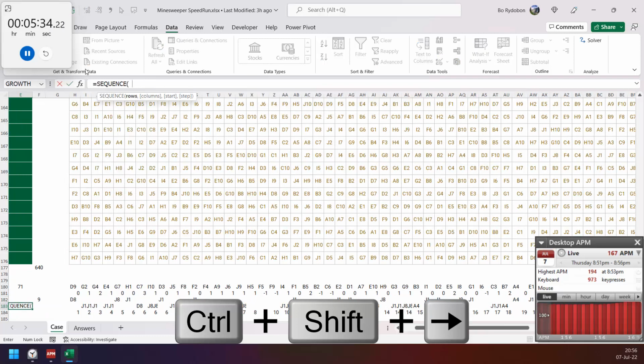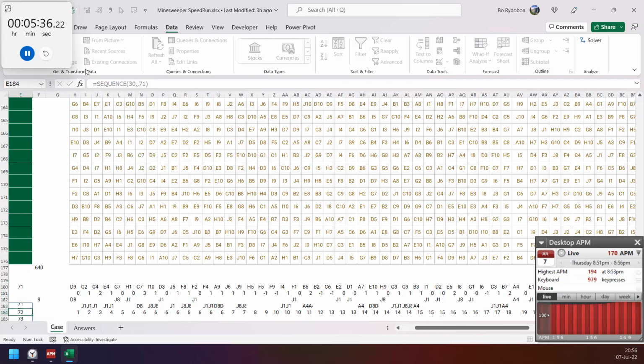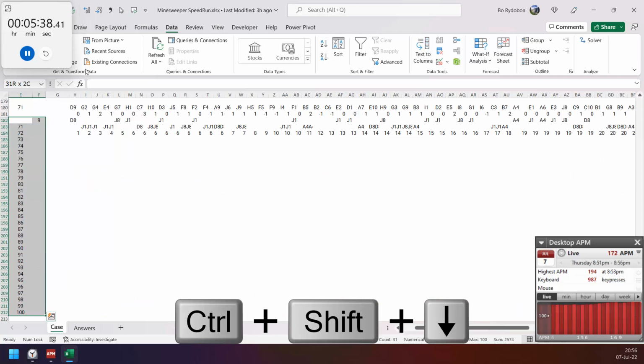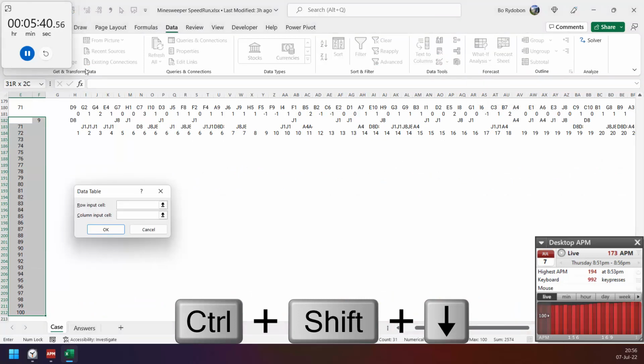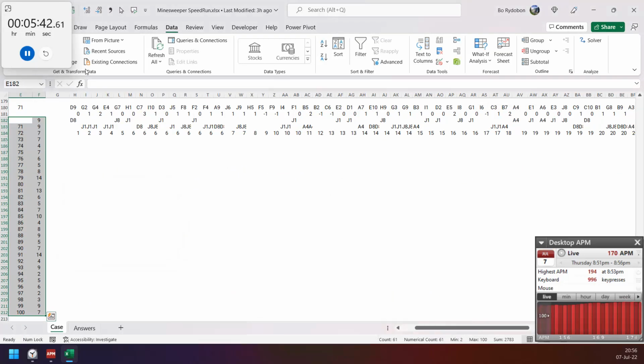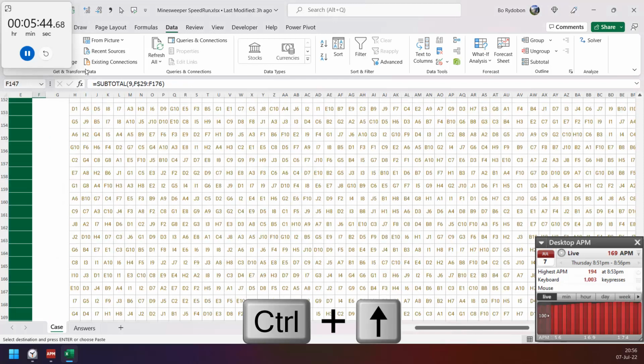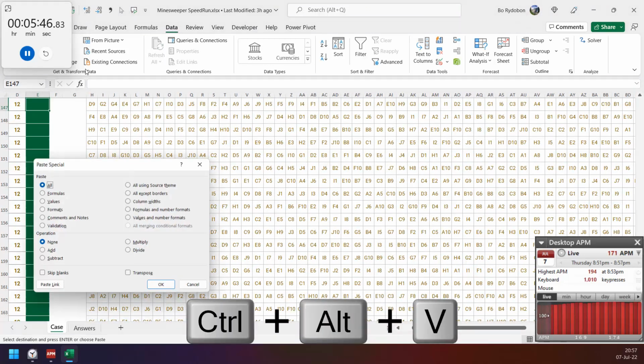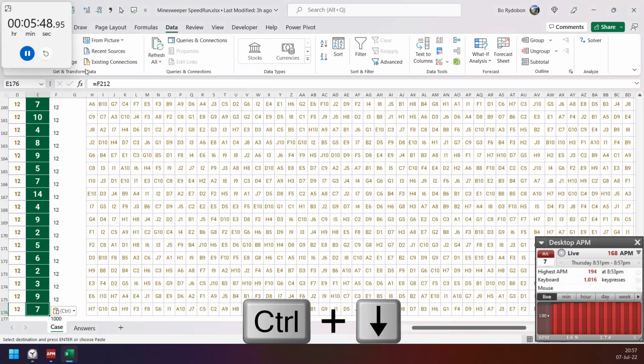Then use a data table by changing 71 here and copy, paste the answer. Good. Stop time.